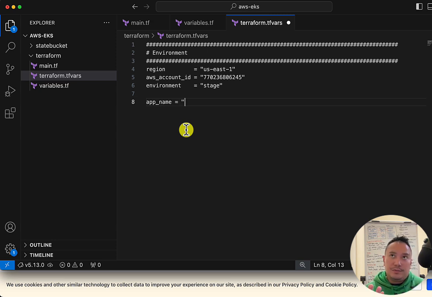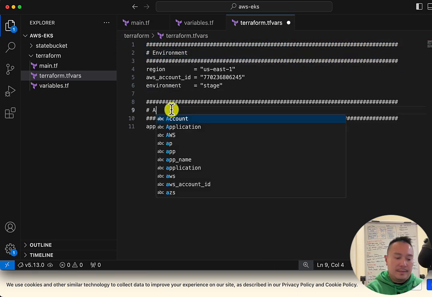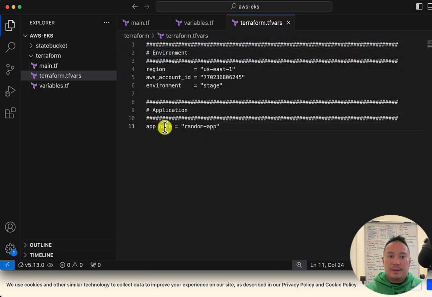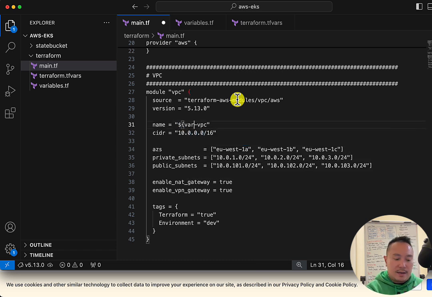I don't want to use EKS exercise, let's say. I want to use random app, something like that. And let's create a header. Let's make it tidy. And then we'll be using random app as a prefix for our resources. Okay, so version is 5.13. Name is I want to use the random app. So to do that, I'm just gonna interpolate var.app_name